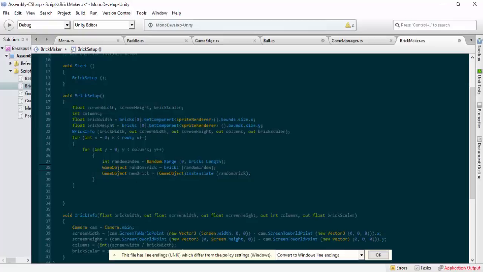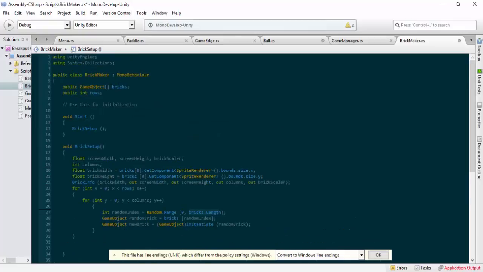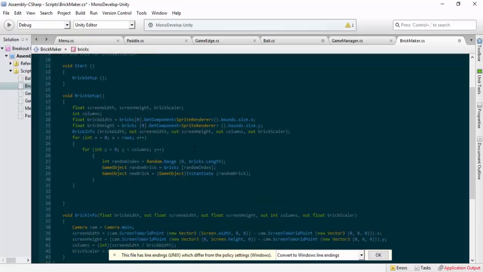So to explain this now, our random index, which you'll see used here, is equal to a random range from 0 to the brick's length of our array. So let's say we put in 5 bricks. Each one will be given an index number, which will be 0, 1, 2, 3, depending on their position in the array. So it randomly will pick one. So it'll basically randomly pick a brick. So the integer value there